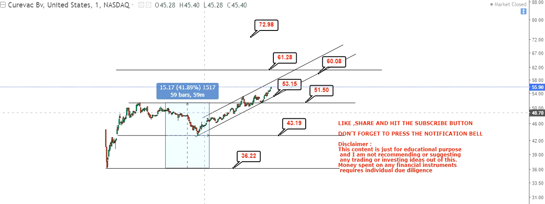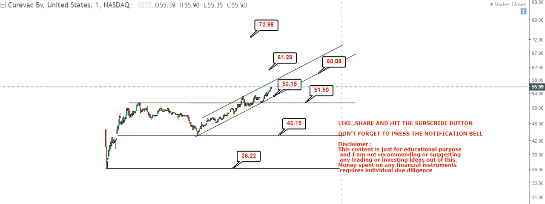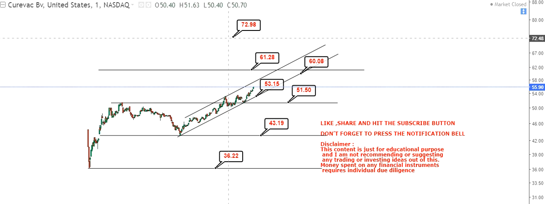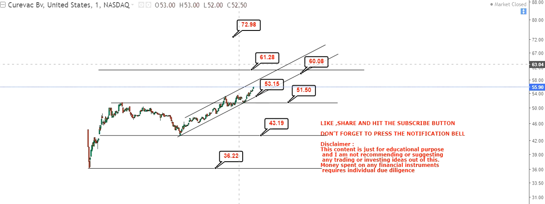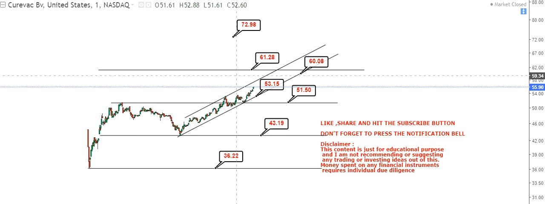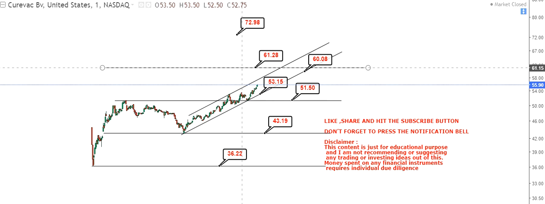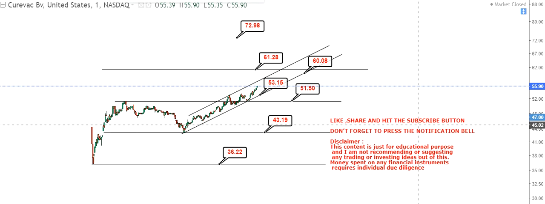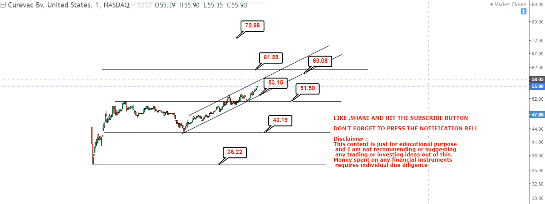So this is just an indication of what I am giving you right now, but we are going to restrict ourselves till 61.28, and once it sustains over there, or gives a major breakout, then our next target will be 72.98. Till then, this is the trend and this is what we are looking at till 61.28. But do understand one thing, we are looking at the shortest time frame available. So in that scenario, you should respect and follow the support and resistance levels with equal importance.